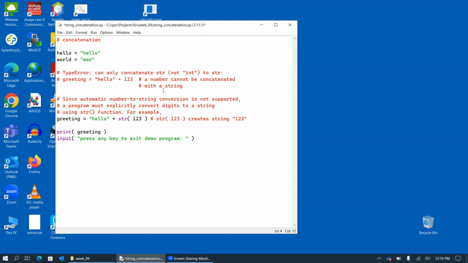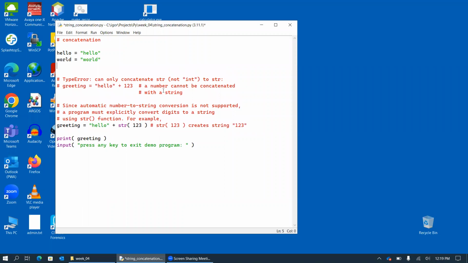Again, assign some sort of text to it. Like I said, we may try to assemble a longer string from the two of these. And we can say greeting